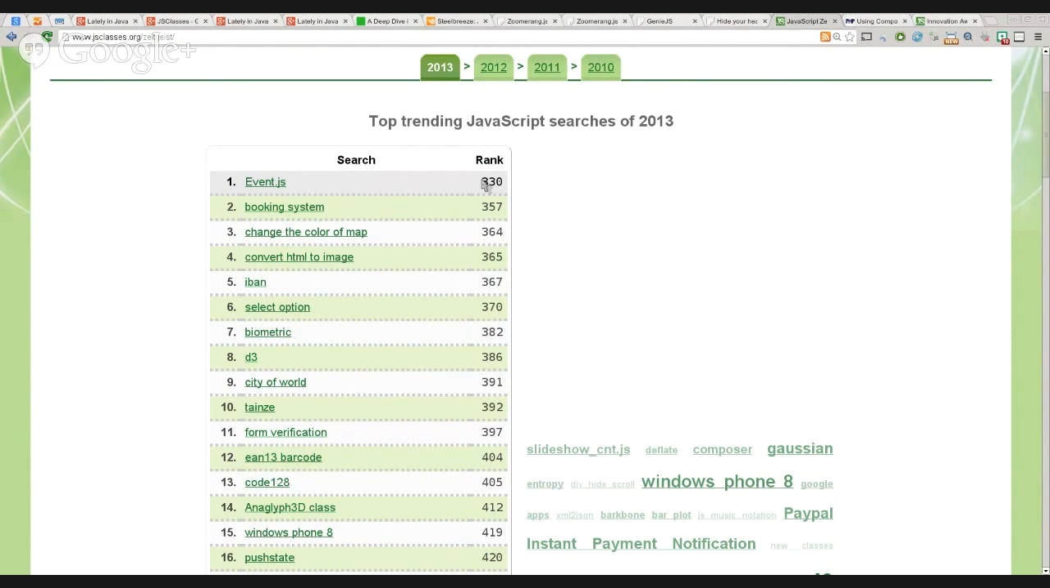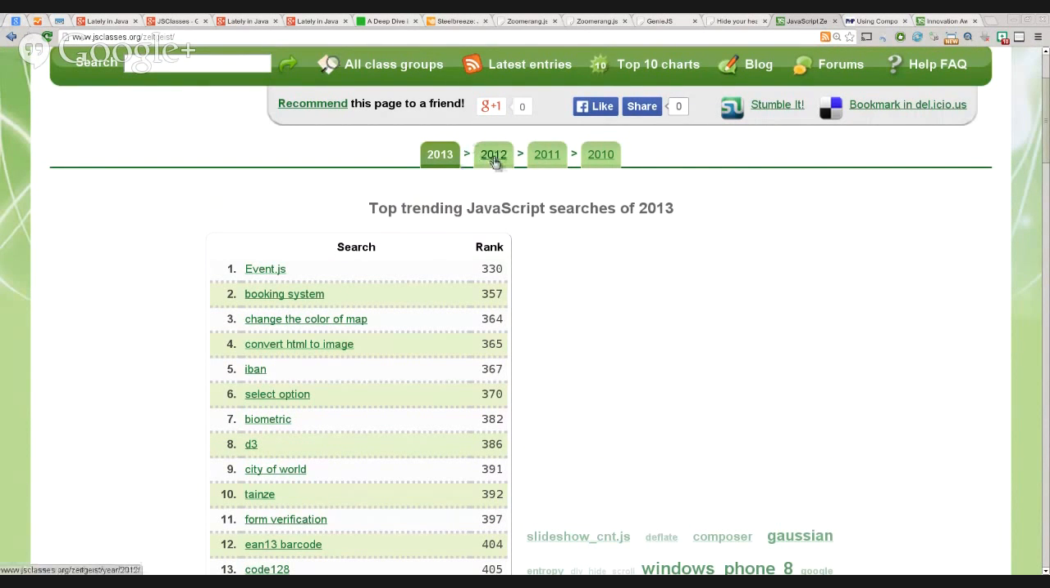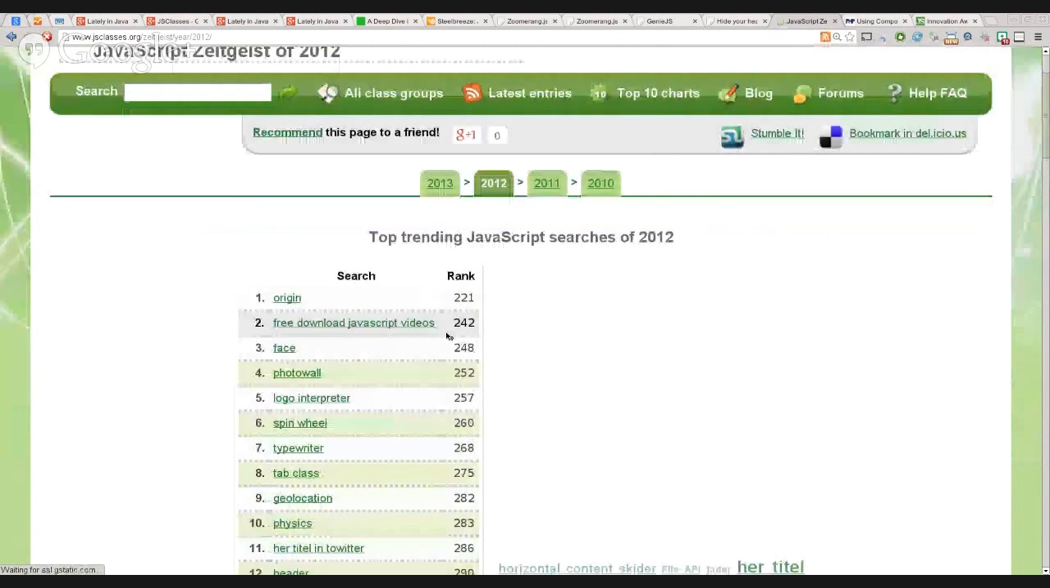And this means that in this year, 2013, there were 329 other keywords that were more searched than this. And this appears first because that's the first from all keywords that did not feature in the previous years. As you may see here above, you can click on other tabs to see what were the top trending